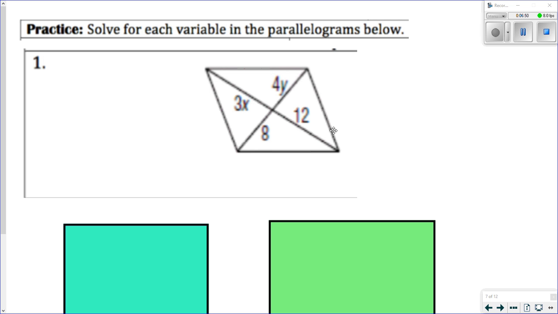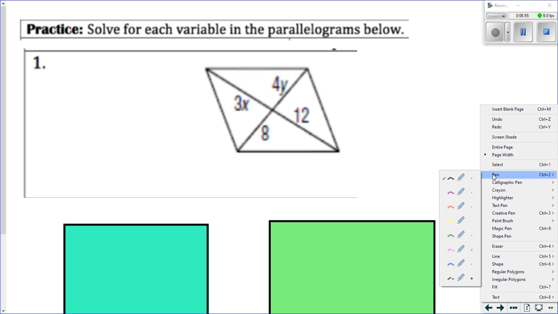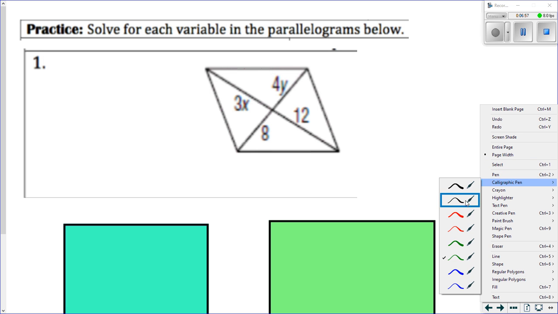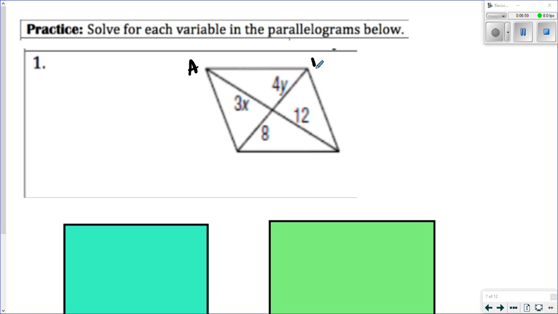So this side, actually, I will label it with letters. So we got a quadrilateral. Well, it's a parallelogram, ABCD, and then the center is E. And then they gave us EB is 4y, EA is 3x, DE is 8, and then EC is 12. So, based on the information that we know about the characteristics,